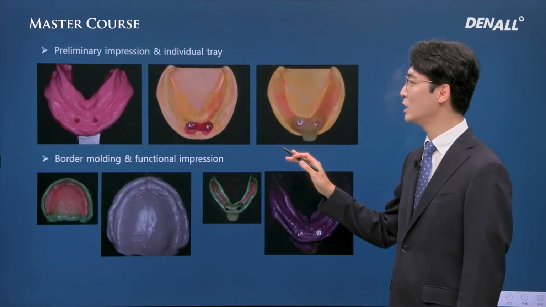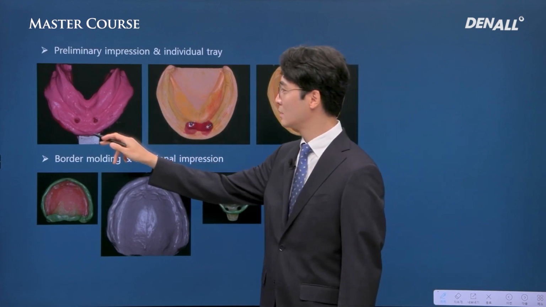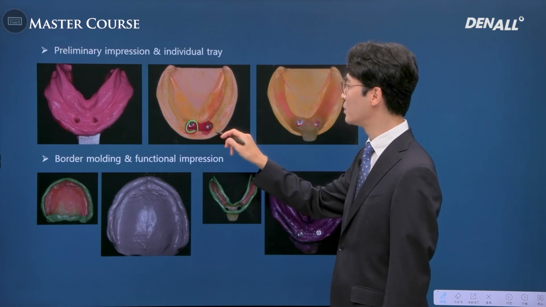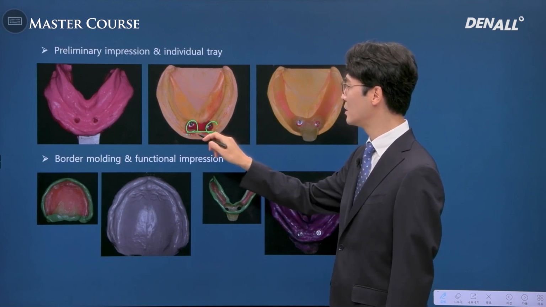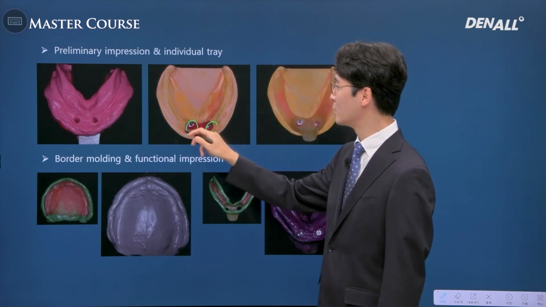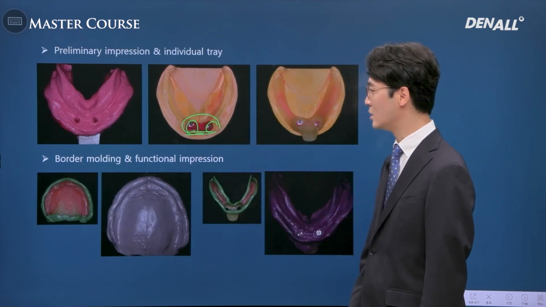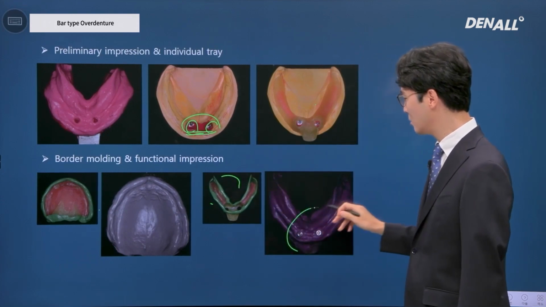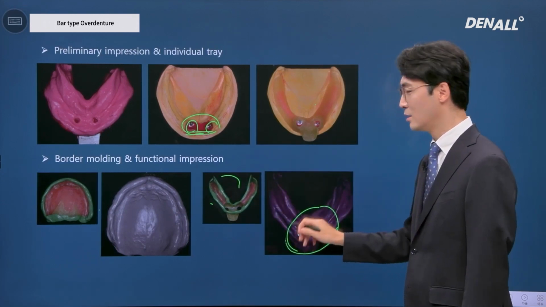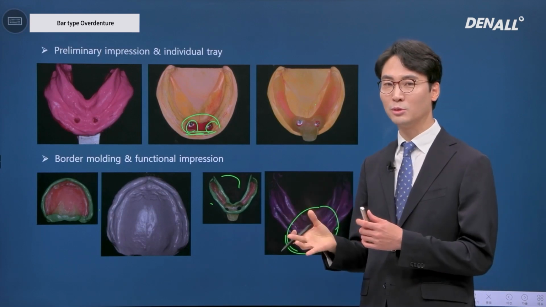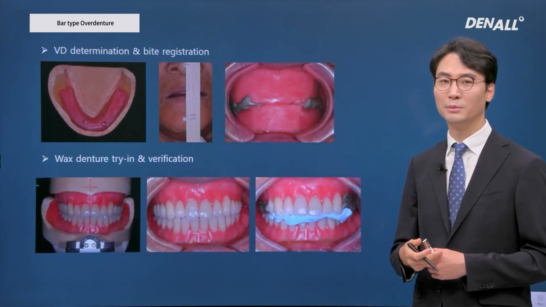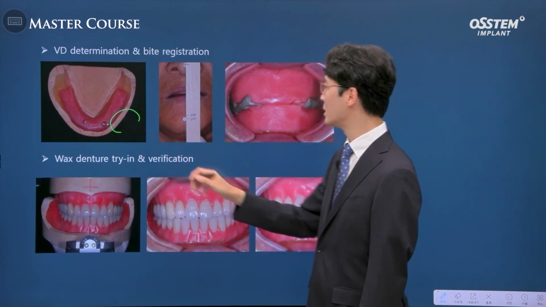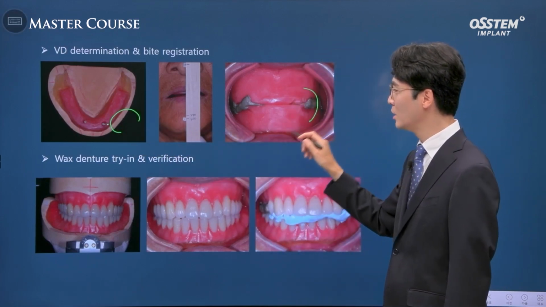overdenture. If you take a look over here, alginate was used to take a preliminary impression, and using the model, a pickup impression coping and pickup impression was taken with an individual tray. And this kind of jig is fabricated using pattern resin. In the upper and lower, border molding and an impression material like silicone is used to take a pickup impression as well as a functional impression. The main model is made, the wax rim is made, VD is determined, and once this is done,